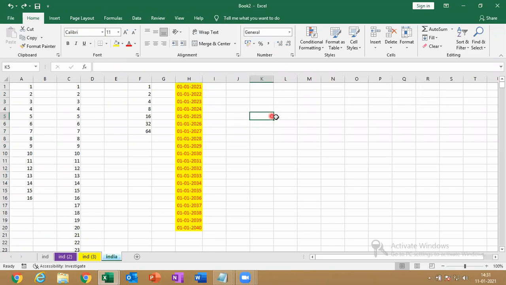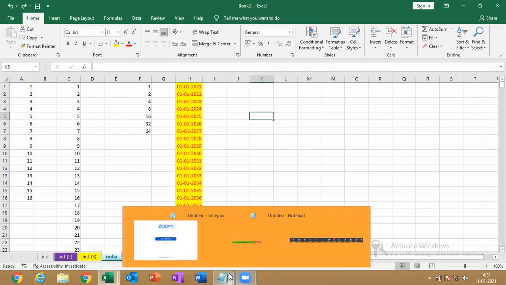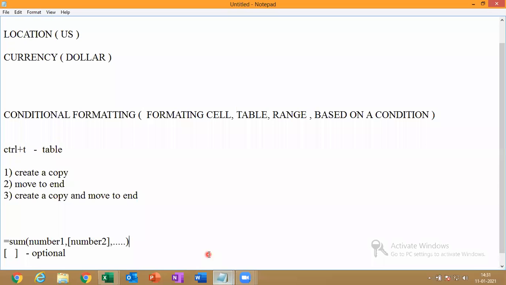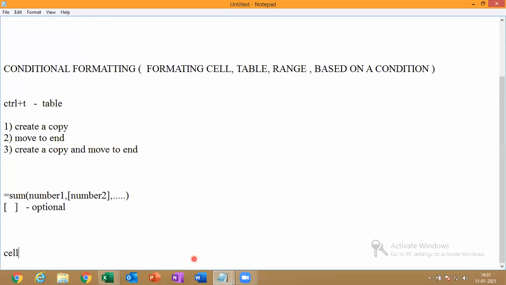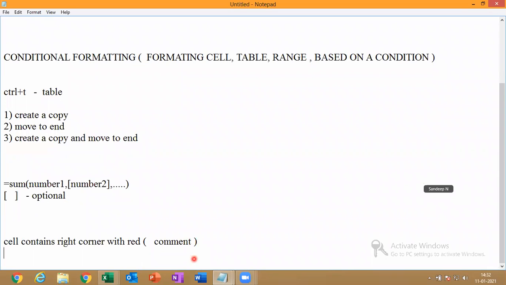If the cell contains a red triangle in the right corner, that means it contains a comment. The cell contains one comment.